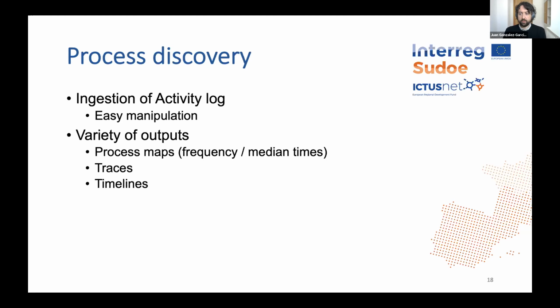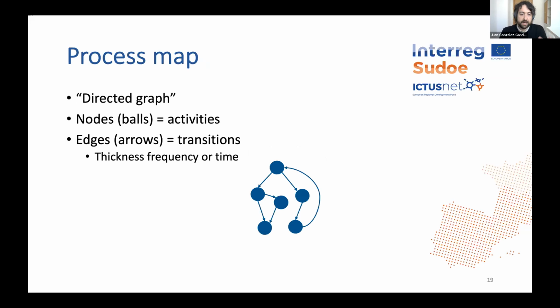Okay, so I'm going to show you right now the different outputs we're working with. The first one is the process map. A process map is what we call a directed graph. A directed graph is just a figure where you have these nodes, the balls, which represent activities. Remember, activities are timestamped elements in the caregiving, and edges are the arrows that link